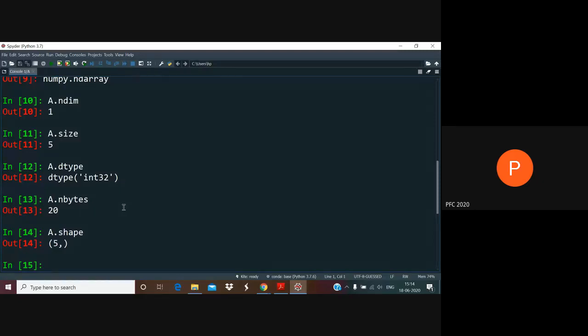It's not just 5. If you wrote just 5 within round brackets, that would be interpreted as the number 5. To be interpreted as a tuple, you have to write bracket 5 comma, which is of course what NumPy has already done for us. So these are the basic attributes which every array has. Of course, arrays may have different data types and different sizes and different shapes.